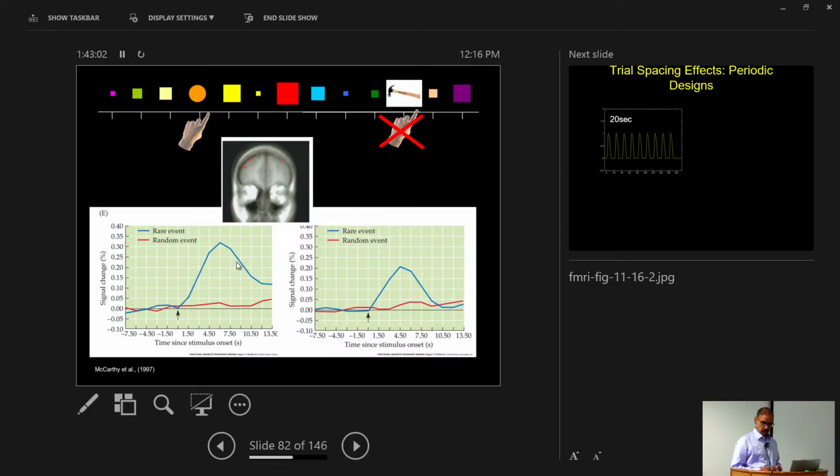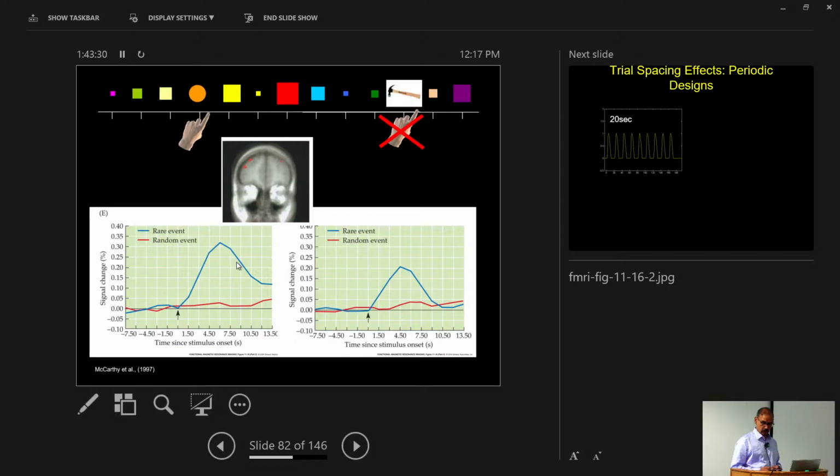That's one. Secondly, in block design, condition 1 and condition 2 are each 50%, right? Half the time is spent in condition 1, half the time in condition 2. In here, only half a second is spent in condition 1, 18 seconds is spent in condition 2,